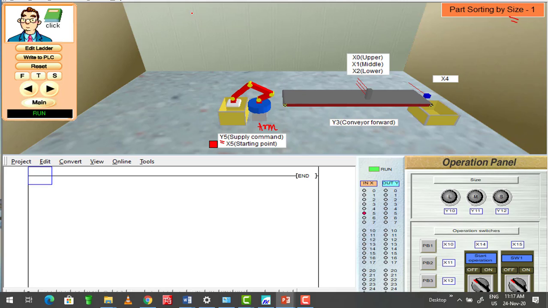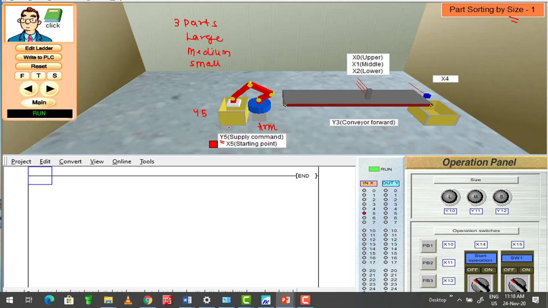There are three types of parts available: one is large, second is medium, and the third is small. The parts come randomly on this conveyor. To have a part on the conveyor, we have to turn on output Wi-Fi.